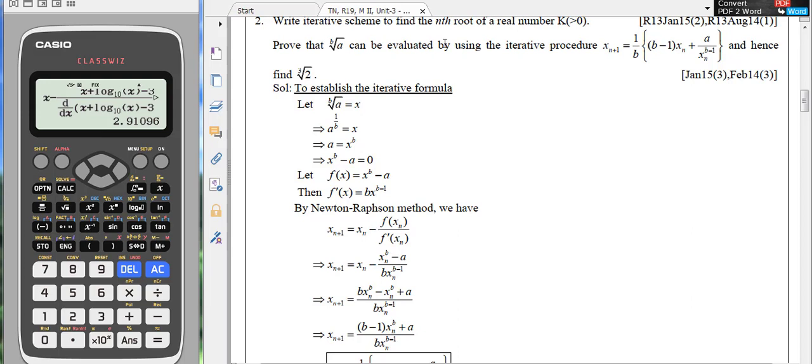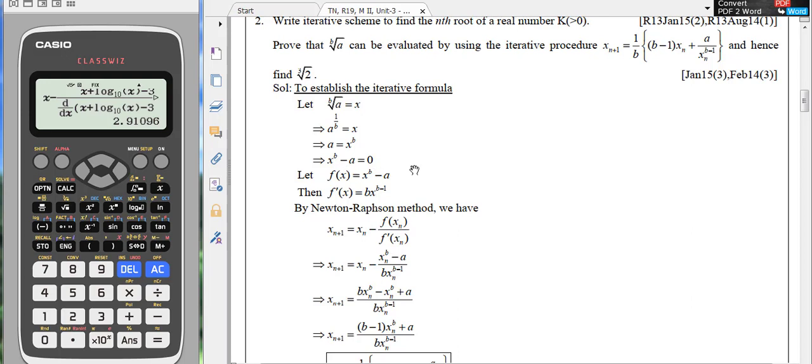Whenever the method to be applied is not mentioned, we go for using Newton-Raphson method only. So in the first part let us establish the iterative formula to calculate bth root of a. Let us consider bth root of a as an unknown value x, so that the left hand side is a power 1 by b which is equal to x, and from which we get by raising bth powers on both the sides a is equal to x power b, and from which x power b minus a is equal to 0, which takes the form f of x is equal to 0,